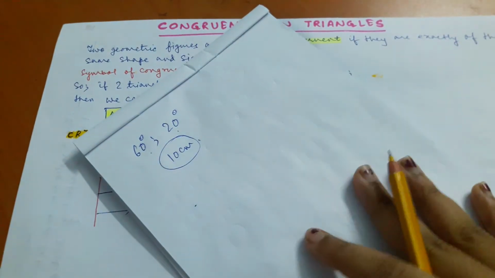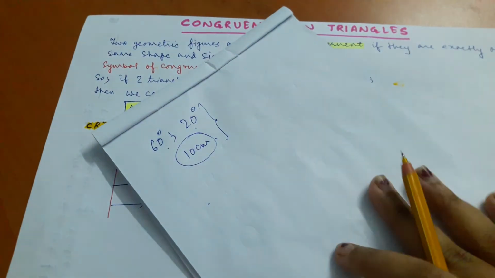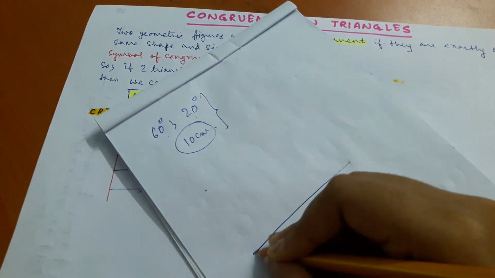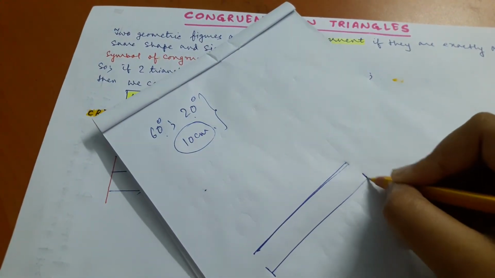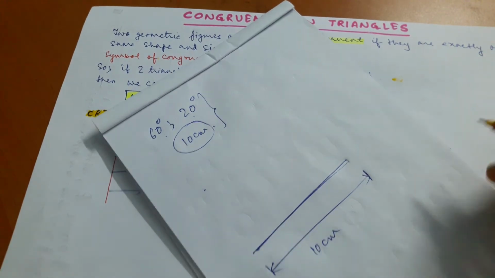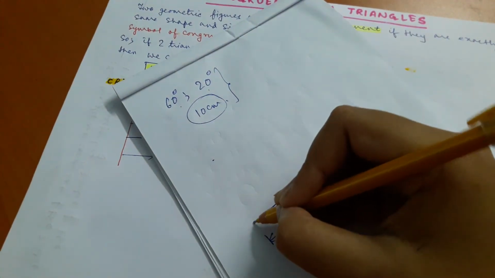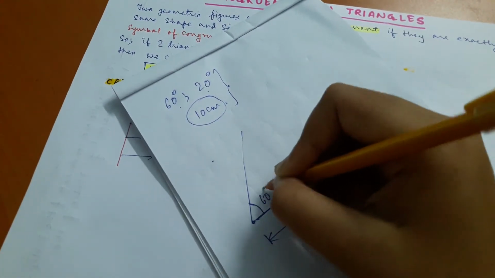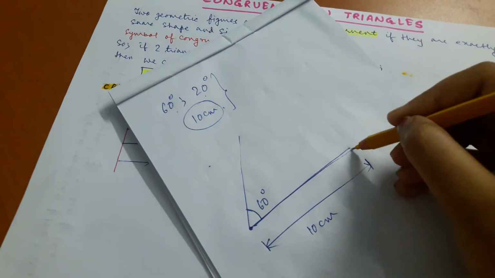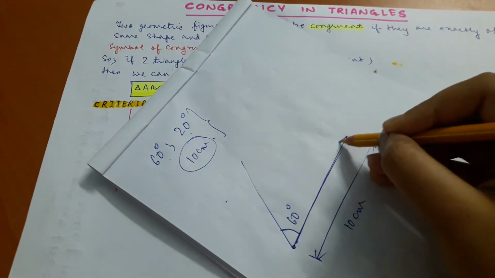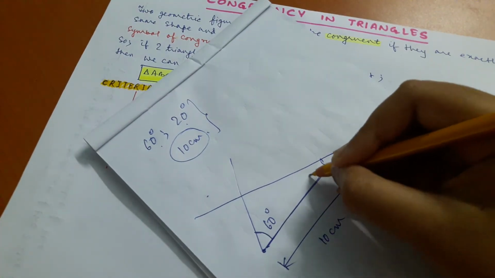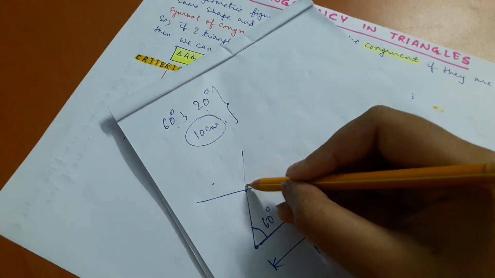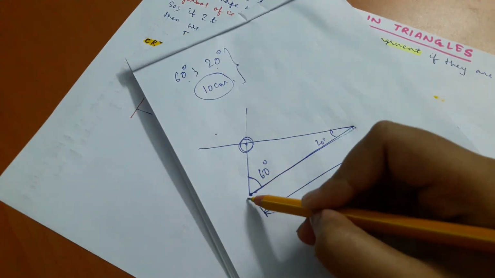So can you draw such a triangle? If you are only given this much information, you can draw. How? Suppose I draw this 10 centimeter. Suppose this is the 10 centimeter. Okay. Using a protractor, suppose I draw from this point 60 degrees. This is my 60 degrees. And similarly using a protractor I draw 20 degrees from this point. So the point where these two lines intersect, this is our third vertex. So ultimately we get a unique triangle